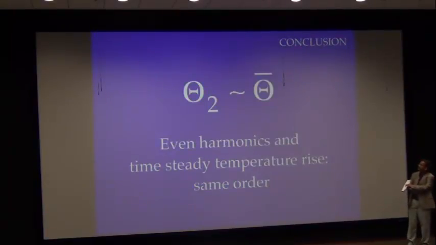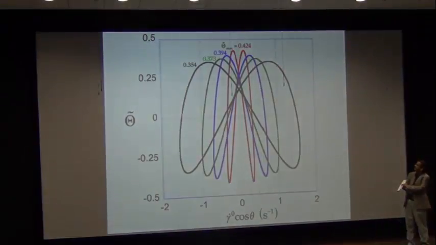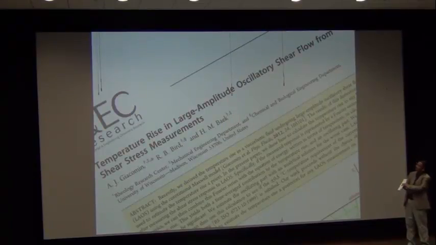And then finally, if you do a real example, for instance, you'll find that the oscillating part of the temperature rise is about the same order of magnitude as the average value of the temperature rise. So if you're worried about keeping it under the degradation point of the polymer, you do need to worry about the oscillating part of the temperature rise. And now, I don't like to give an answer that long without another picture of